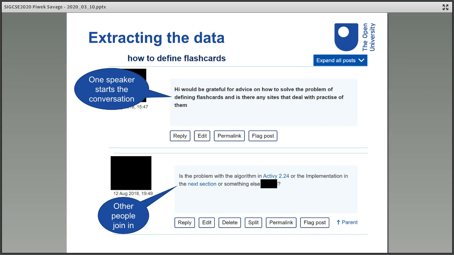One of the Python script's jobs was to kickstart the anonymization process by replacing speaker name information with a code, and that was stored elsewhere in case we needed it. The extracted data was then sanity checked against the original and cleaned up for readability. For example, indentation of Python code embedded in forums wasn't always maintained during the export process, and this needed reinstating manually.